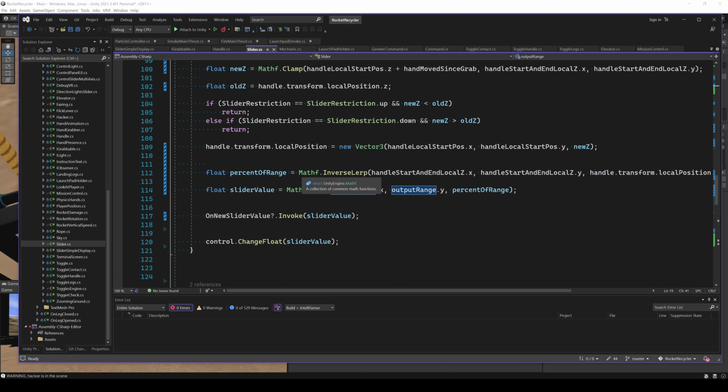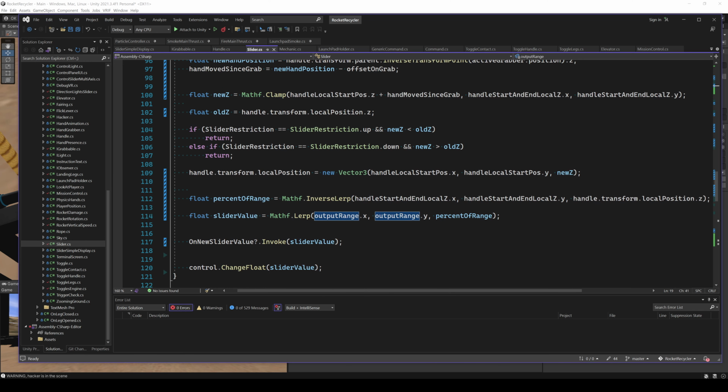And the first thing we have to do is figure out what percentage is the handle right now between the positions it can be. And for that, we use inverse lerp. Might actually be easier if I explain lerp to you, because you probably have already used it. Right, lerp basically tells you, I have a value 1 and I have a value 2, and then I want to pass in a value between 0 and 1, and say, give me the percentage of those two values,